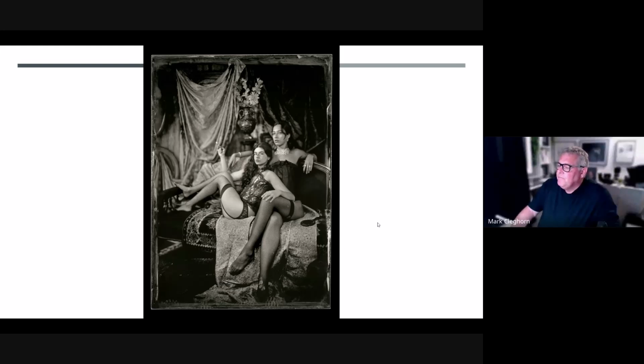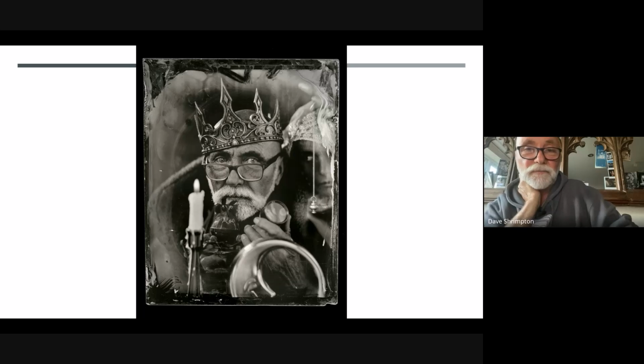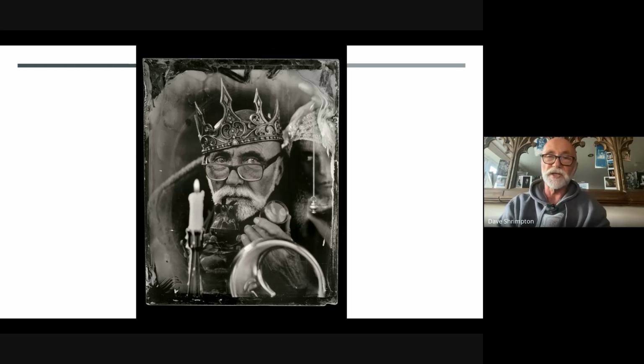Our next image. Aha, that's an interesting one. So that's a 5x4 glass ambrotype. Katerina was training to be a white witch, and for part of her project, she had to do a plate, and I had to teach her how to do it. So she had to pour the chemicals, and